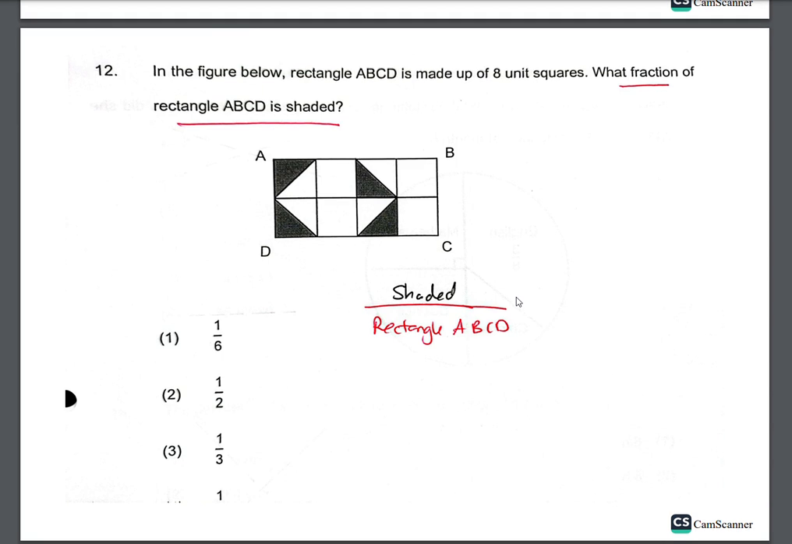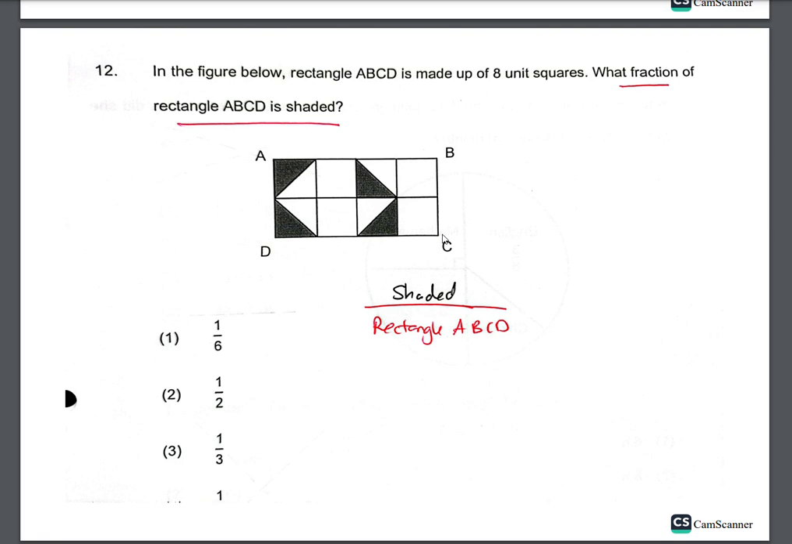Question 12. In the figure below, the rectangle ABCD is made up of 8 unit squares. You see, there are 8 squares. What fraction of the rectangle ABCD is shaded? The problem with this question is they give you 2 kinds of shapes. One is a unit square. Then they cut this unit square into 2 halves to give you triangles. So I cannot just straight away use 4 shaded triangles divided by 8, I can't,